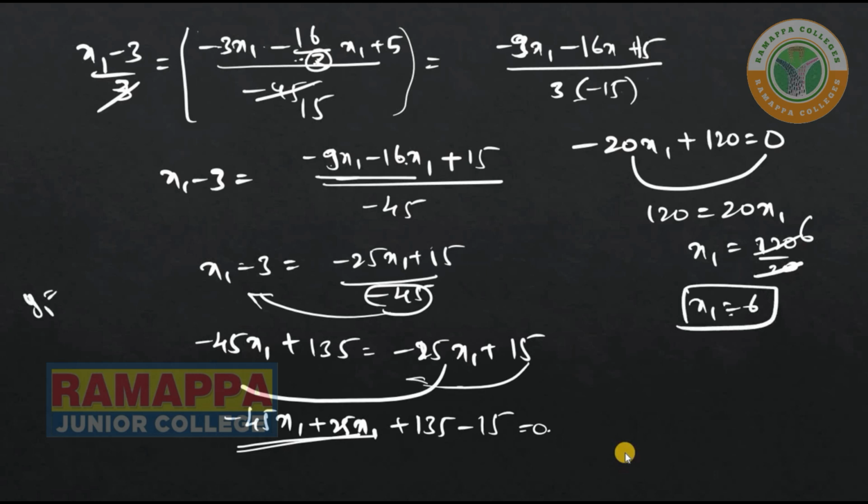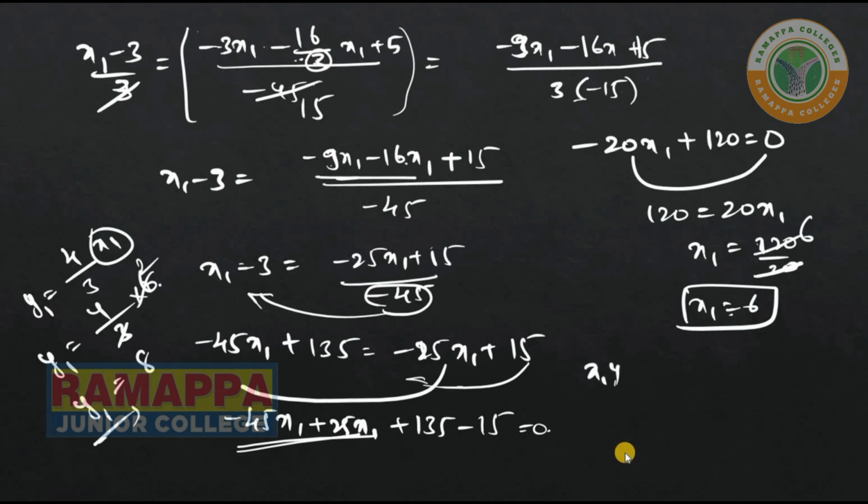So y1 is equal to 4 divided by 3 into x1, no? So the x1 value I will substitute in this one. y1 is equal to 4 by 3 into 6. Okay, and it will become 3 twos are 6, 4 twos are 8, and y1 is equal to how much did we get? 8. So x1 comma y1 is equal to how much did we get? 6 comma 8. So this is the answer where we have to find the pole. Now move to the next question here.